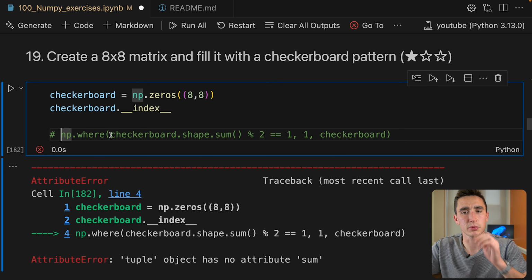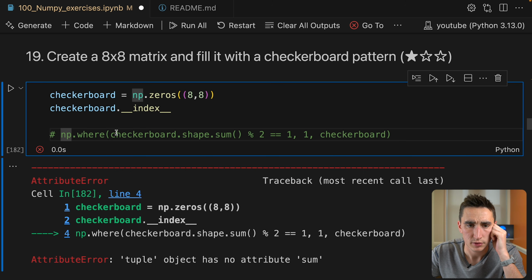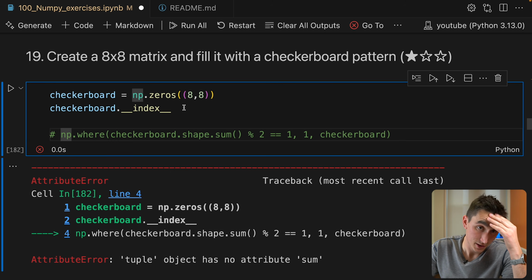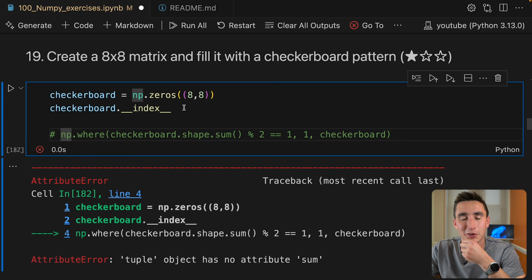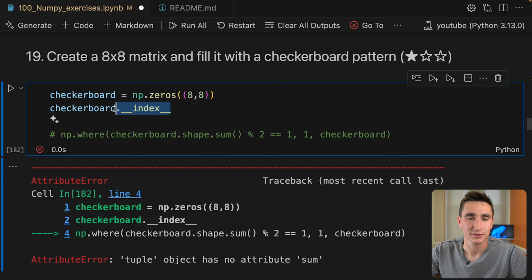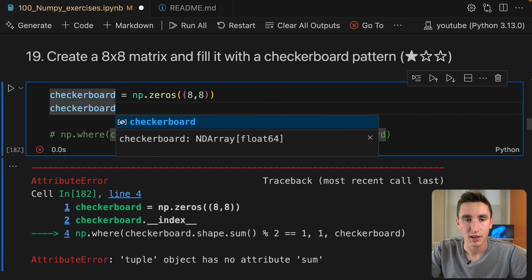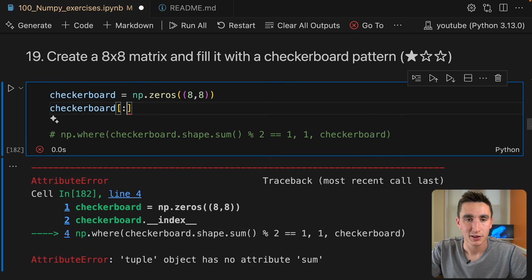Like this is what I want to do, but how do I make this? I could make an array of their indices. This seems like I'm overcomplicating it though. I could just run two commands. On the rows side, I'm going to add ones to the rows that are odd and then ones to the rows that are even. So we can do something like